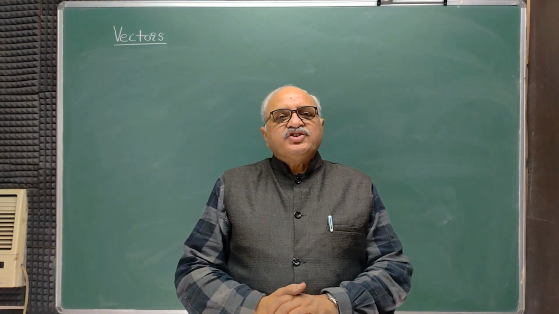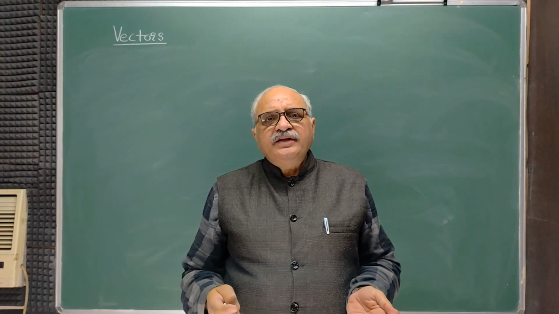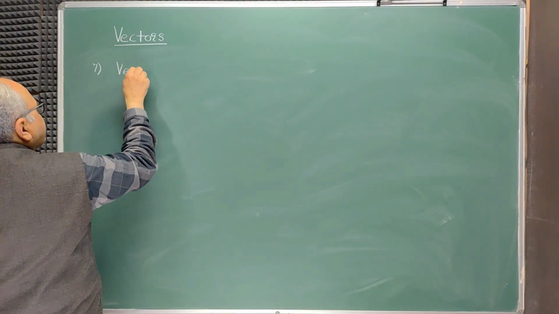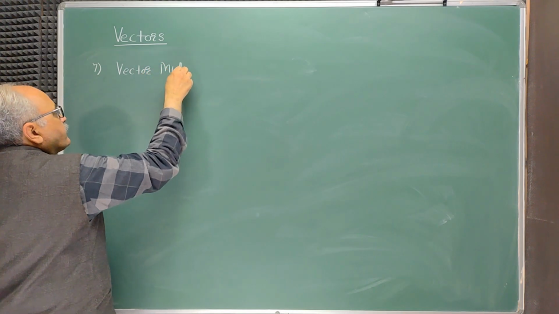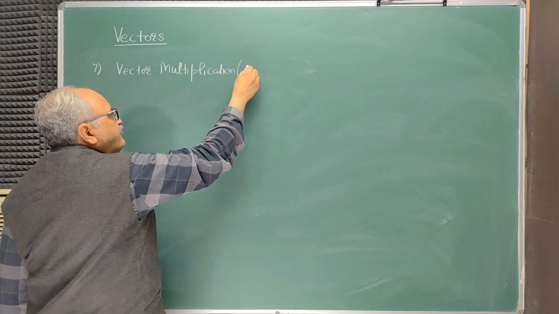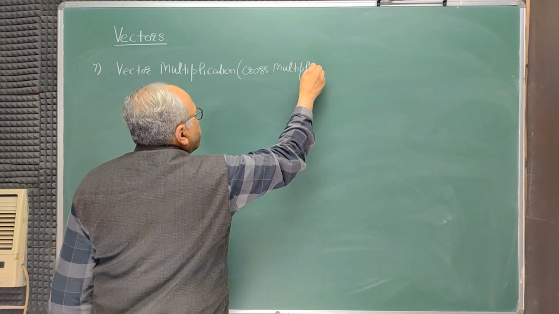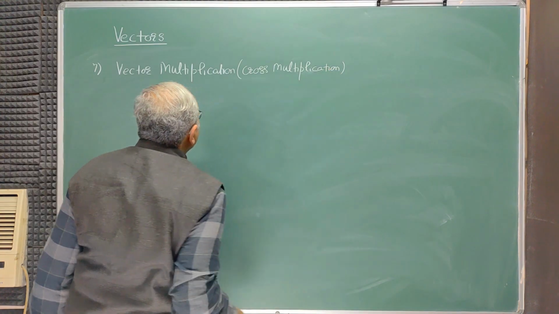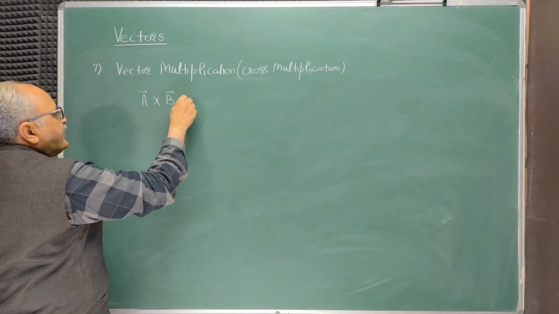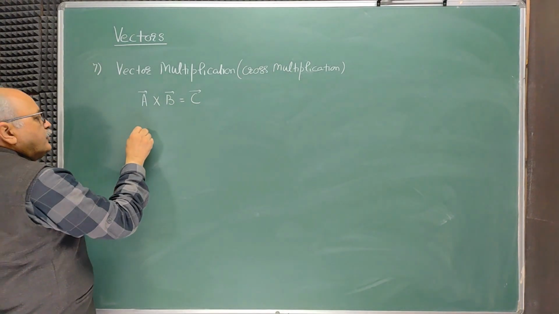The other vector multiplication is called the vector multiplication. In this, when two vectors are multiplied together, they give you a vector quantity. We call it vector multiplication, or sometimes we call it a cross multiplication. If two vectors are multiplied so that you get a vector quantity, this is a vector multiplication. Now, this A cross B